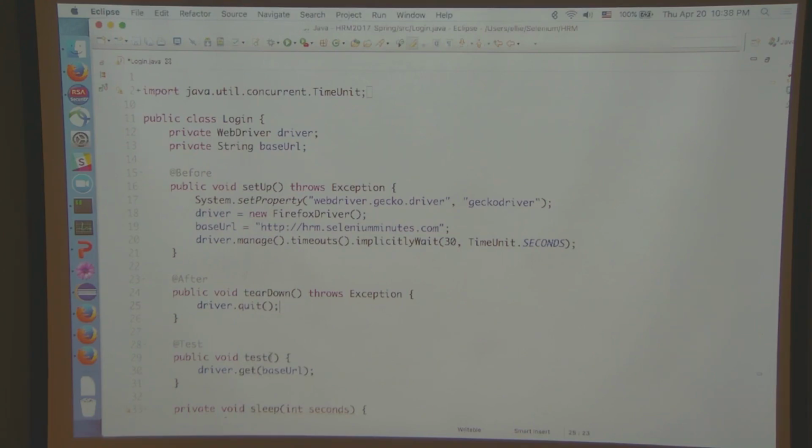All right, let's try to run this and see if it cleans up. Let me just clean up the ones that we had remaining. By the way, if you ever have a situation where it just opens up a whole bunch of stuff and doesn't close, you can always just go into your processes view, you know, like on the Windows it's Control Alt Delete, Task Manager, or on the Mac it's Activity Monitor actually, and you can just search for Firefox and kill it.